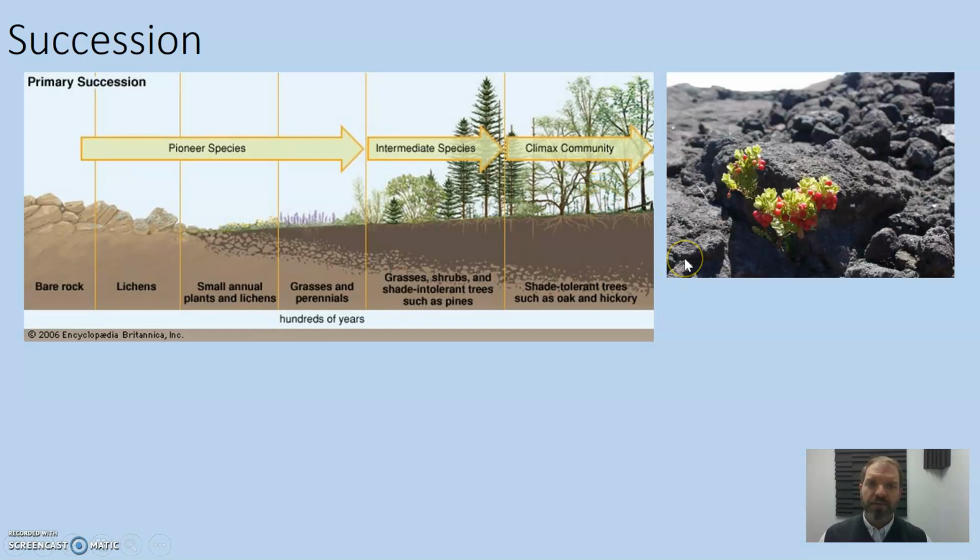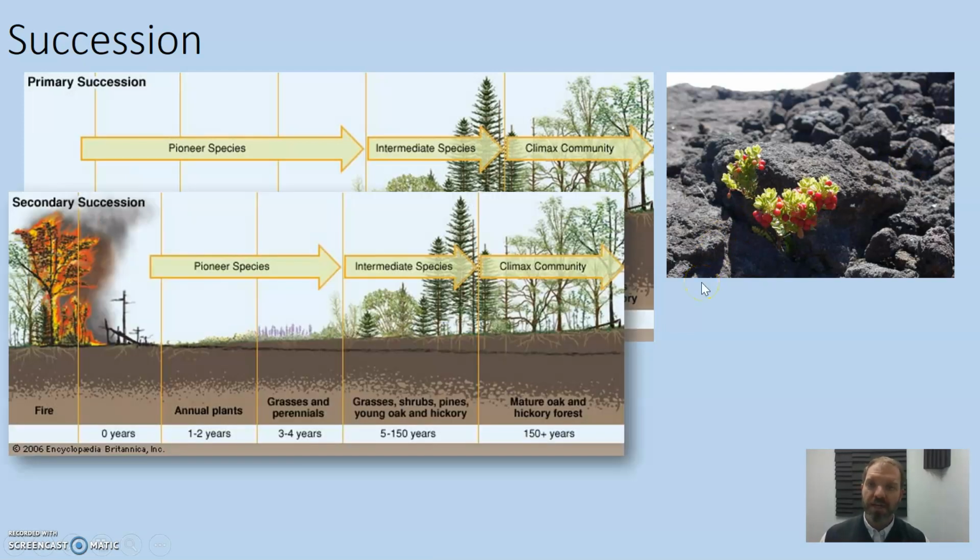An example of this sort of happening is, for instance, after volcanic eruptions, you might have new land, new islands that form, and sometimes over some time, this rock has to break down to be some soil and some small plants start to grow. What also happens sometimes is what we might call secondary succession. And so often through fire or flood or some other natural disaster, you wipe out all of the fauna and flora in a particular area and have to start all over again.